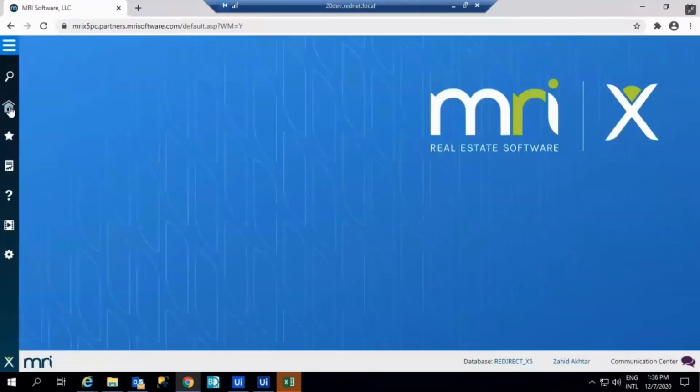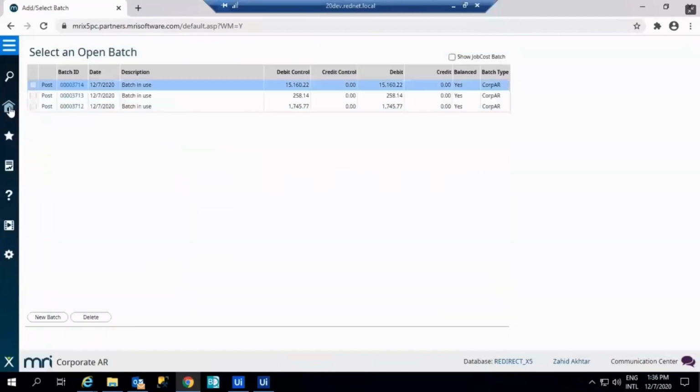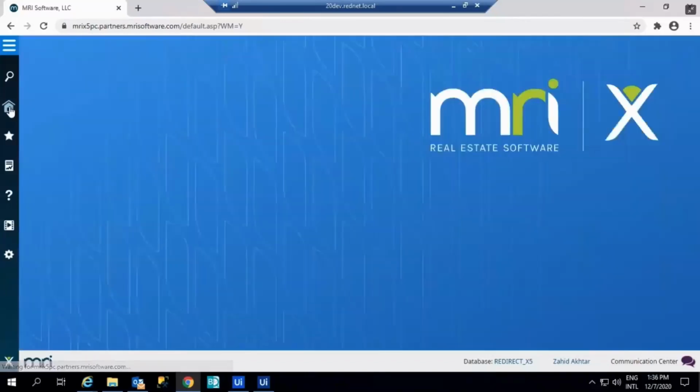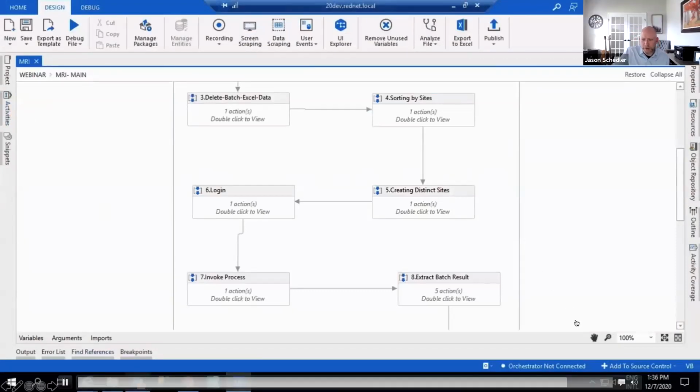Hey, Jason, we got a quick question in the chat about how the bot actually gets the file. I know there's a couple of different ways we can set that up. That's a great question. So there's 2 ways the bot can get the file. One is the bot can go, all right, so there, just as we're wrapping this up, I'll answer that question